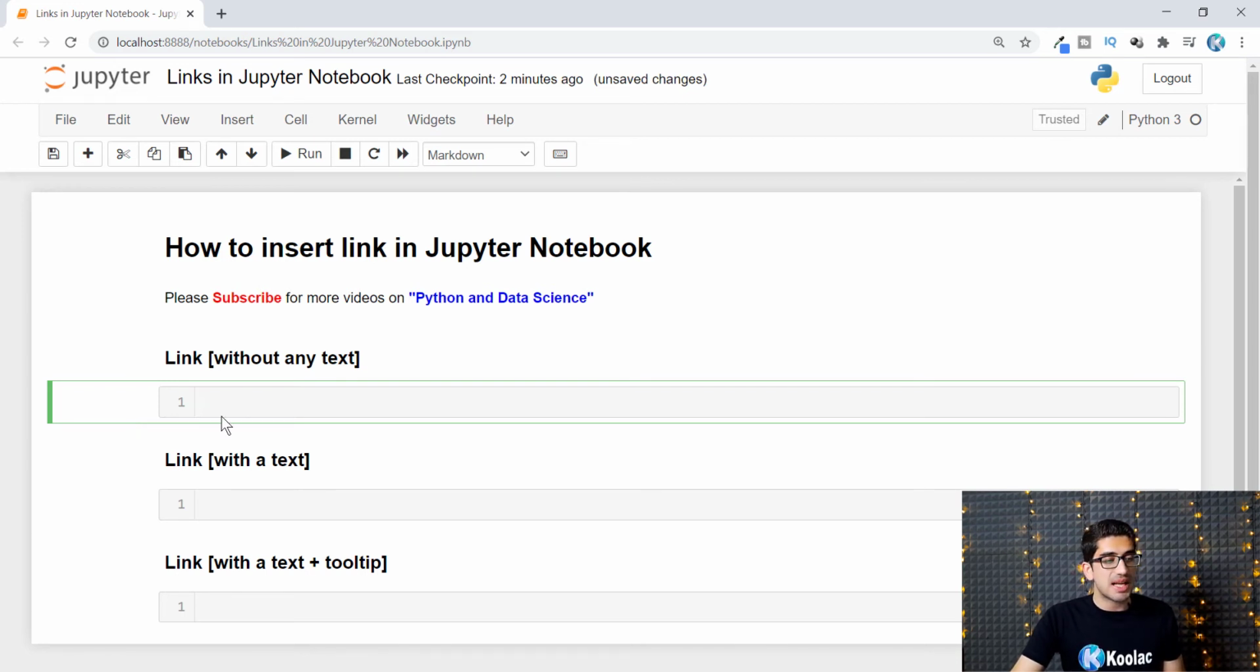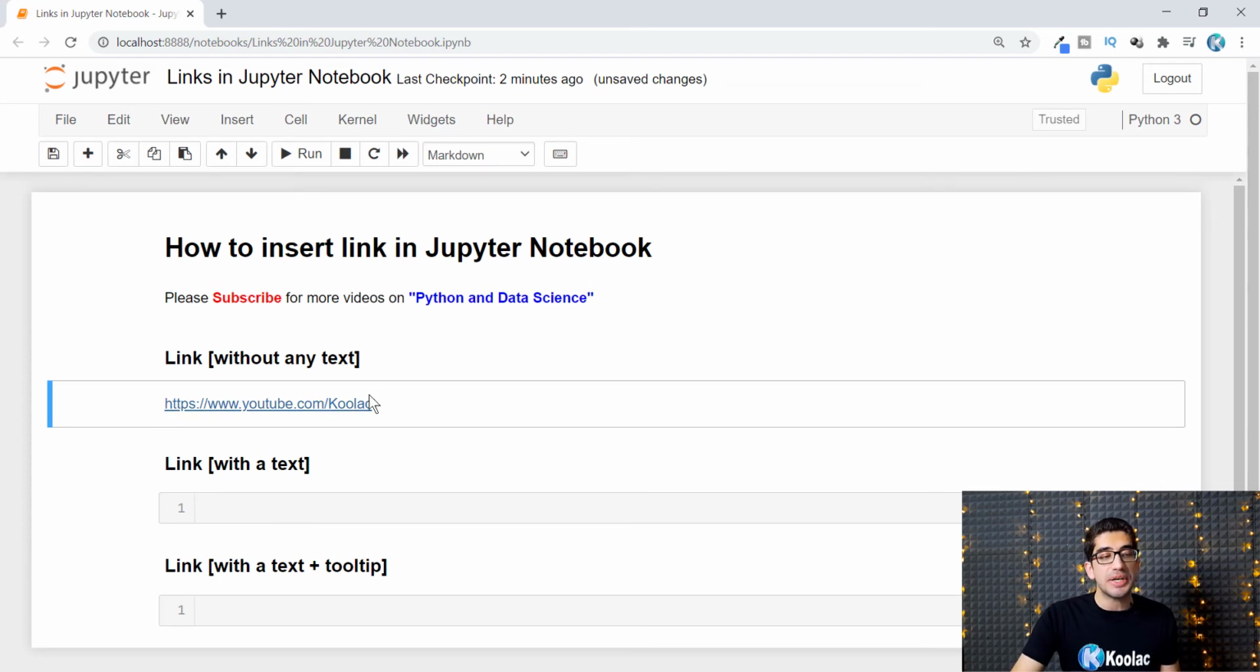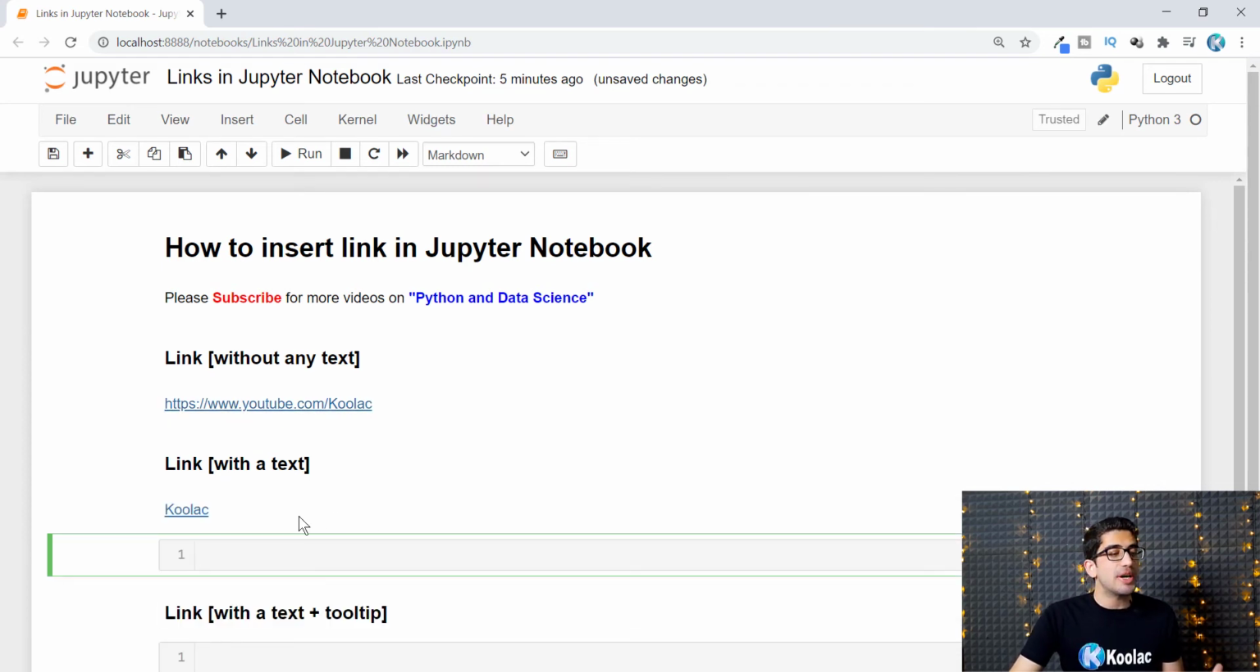So for example, suppose that I want to insert a link like this in this cell. After typing this link, I should press Ctrl Enter on my keyboard, and then you can see that here is a link. But maybe you ask, how can we insert a text like this, which is linked to a